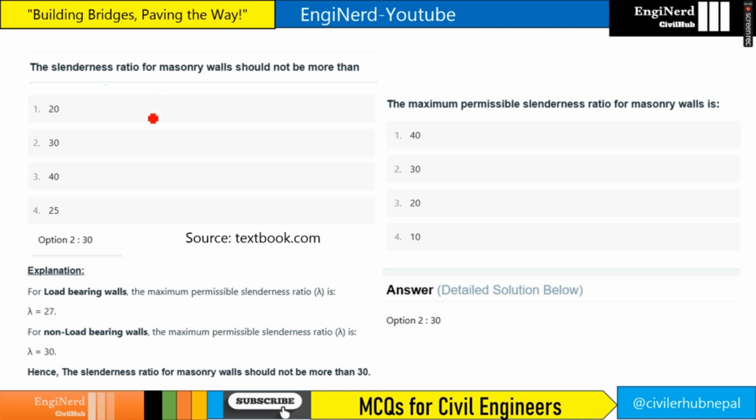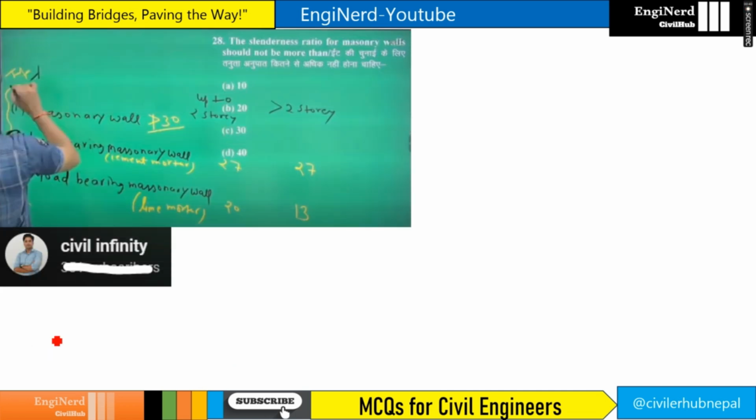If you see in the textbook.com, for the slenderness ratio for masonry walls should not be more than, the answer is given as 30. The maximum slenderness ratio for masonry walls is 30 in this case also. It is written in the explanation that for load bearing walls, the maximum permissible slenderness ratio is 27 and for non-load bearing it is 30. Also on the YouTube channel named Civil Infinity, the tutor has written